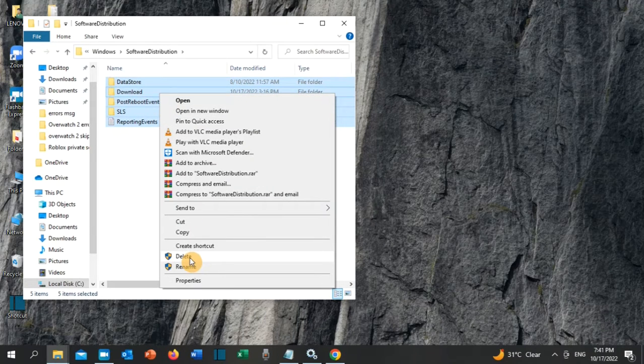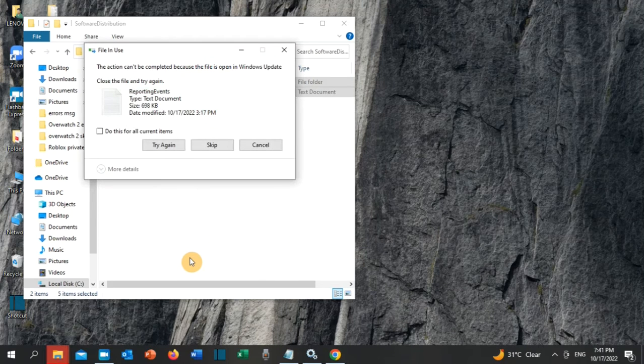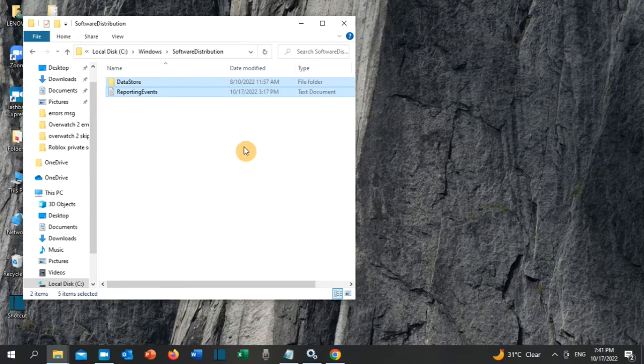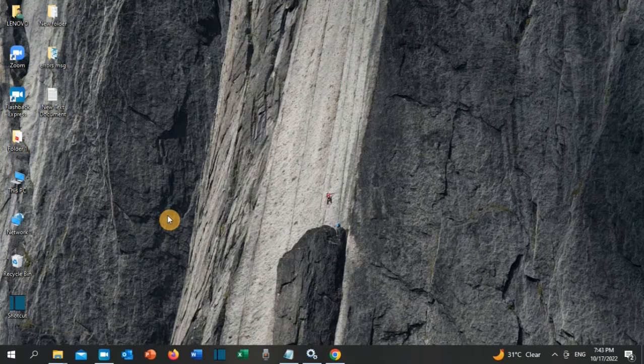These files are updates already downloaded and you no longer need these files. So go ahead and delete them. If there are some files you need to skip, then skip, it doesn't matter, but delete whatever can be deleted. So this is the first step. Close the window now. The second step which you need to do, go to the start menu here, right click